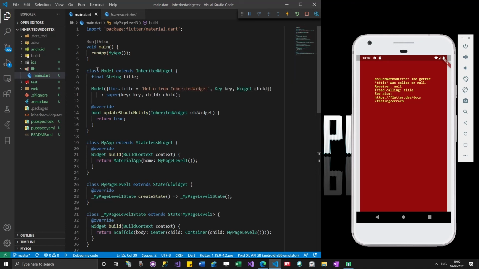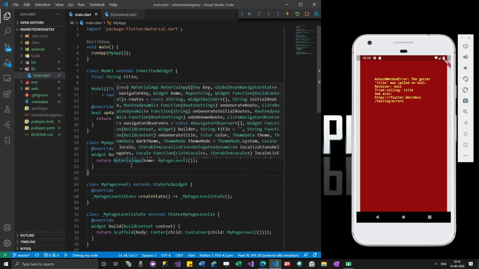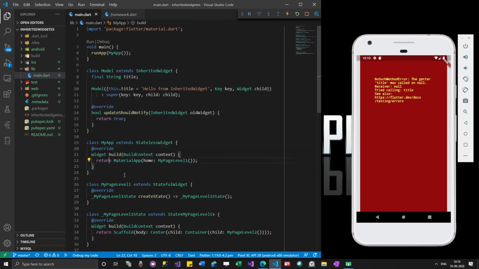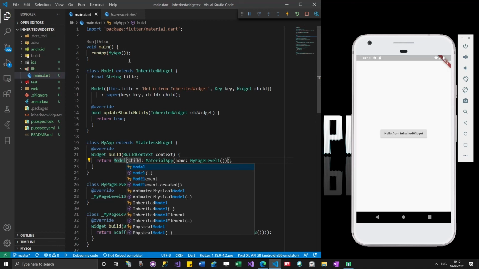So what I could do to fix this issue is go to the root of the app, which is my app, and then within MaterialApp or outside MaterialApp, I can just wrap this inside a widget, and that will be the model widget.